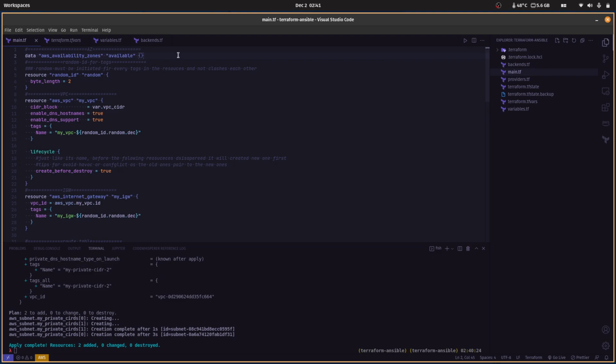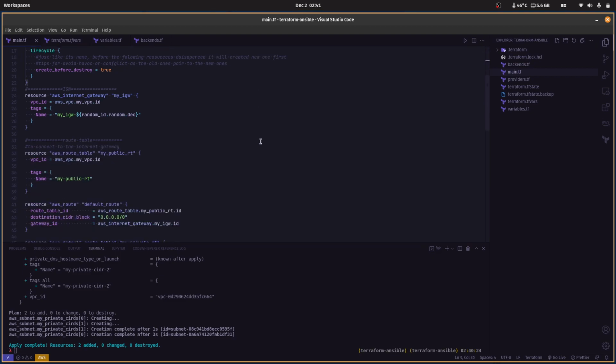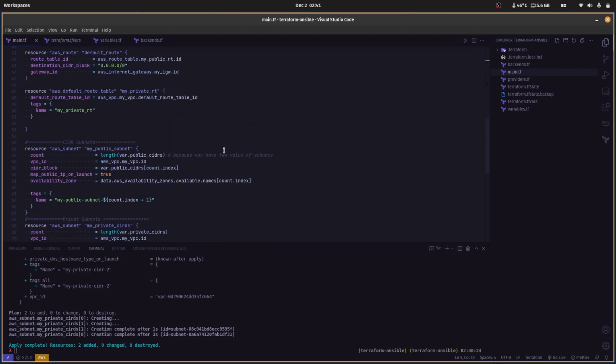So I'm just going to cut this out, Control X there, and we're just going to call this AZS, just like so, and we will prefix that with local.azs, and we're going to do the same thing down here, local.azs. Isn't that just absolutely so much cleaner? So now up here at the top,